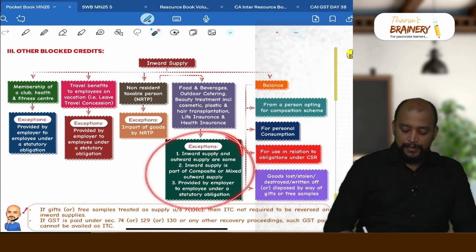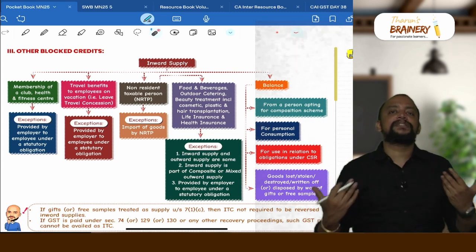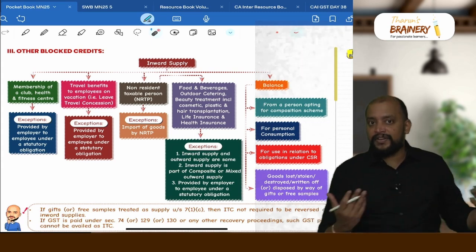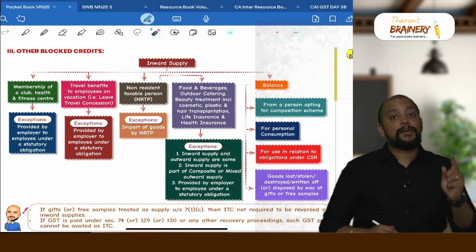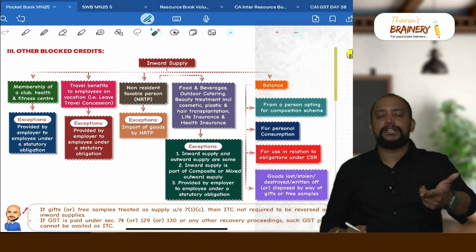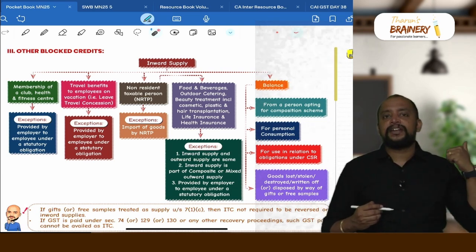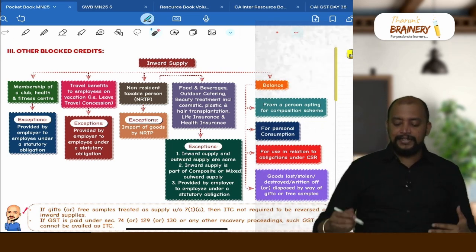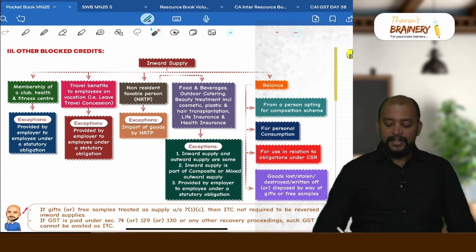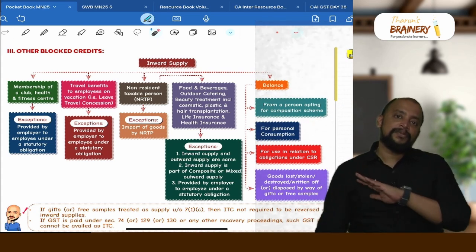So that is this. Inward supply, outward supply, same category means I am into the business of sale of food and beverages. Food and beverages, I can take ITC. And inward supply part of outward supply, either composite or mixed outward supply, and if it is under a statutory obligation. Then balance. Suppose I am having inward supplies from a person opting for the composition scheme, I cannot take